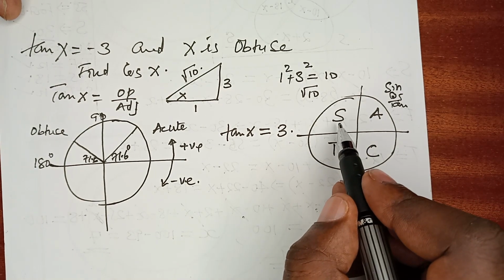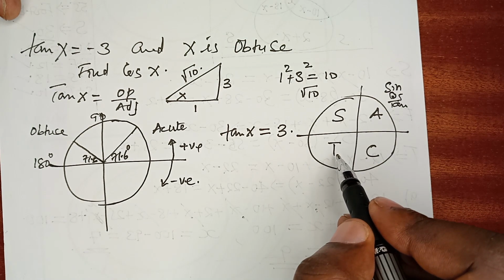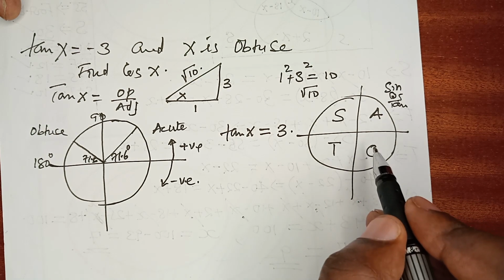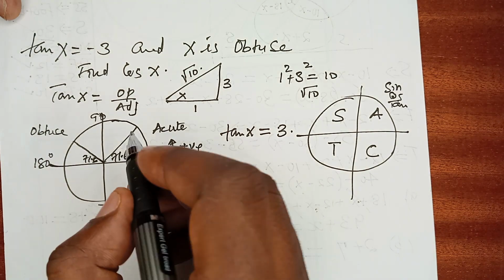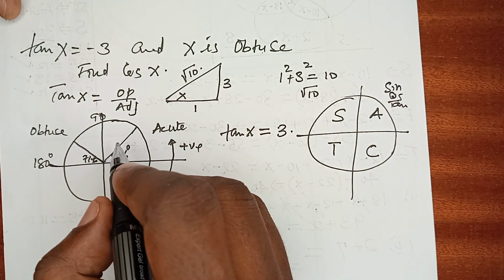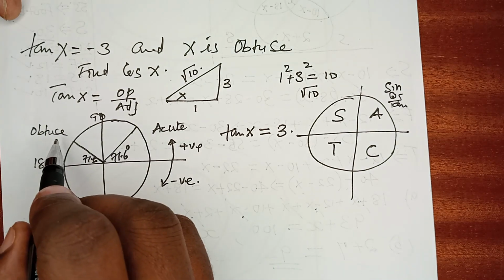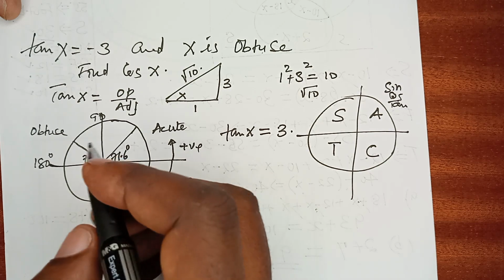In the second quadrant, only sine is positive. In the third quadrant, only tangent is positive. In the fourth quadrant, only cosine is positive. And therefore, I would want to say that there are rules of the game. Here, we will always get the acute angle. But for us to get the same angle in the second quadrant, the rule is